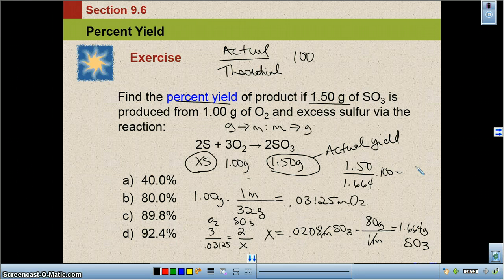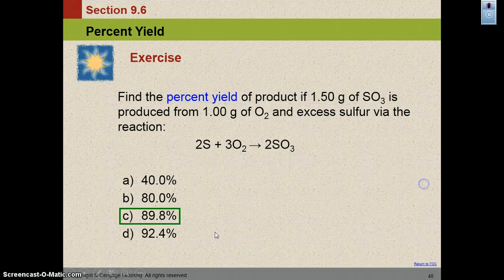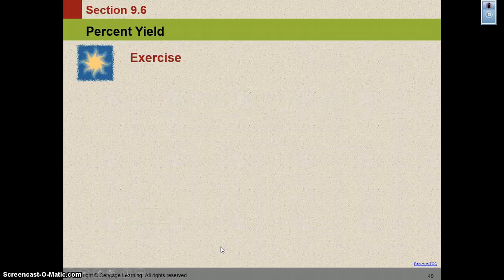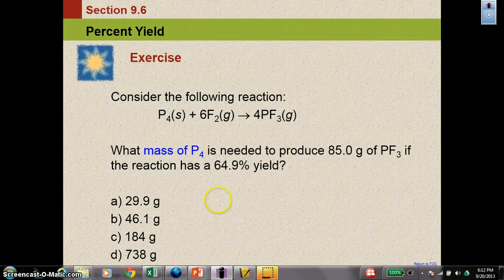So 1.5 divided by 1.664 times 100 is a 90%, which would be a great yield on a test. So in the lab, I actually managed to recover 90% of what I should have, and that's a great percent yield. According to the text, the correct answer is 89.8%, which is the closest one to the answer that we received of 90% yield. The last exercise we're going to look at is this one, and it says what mass